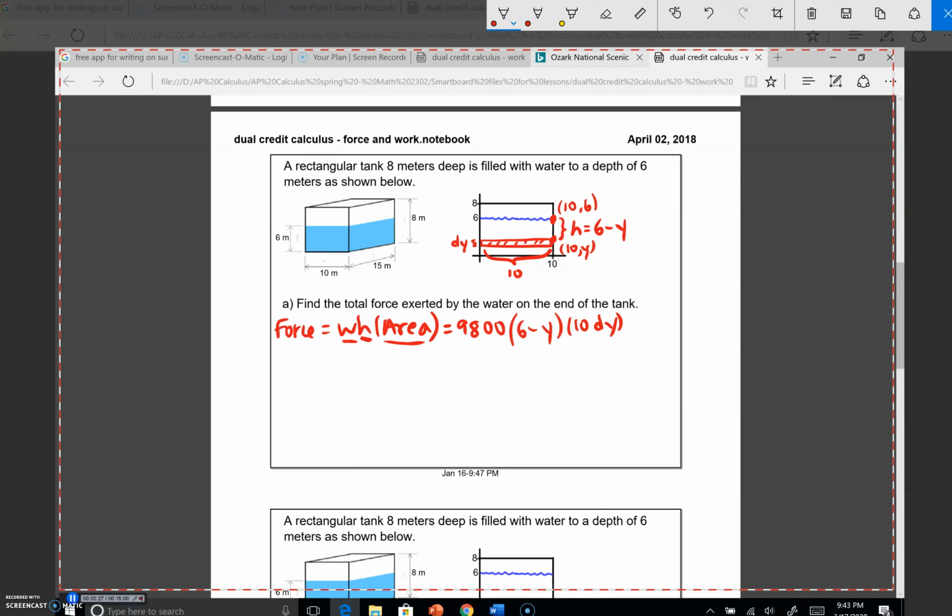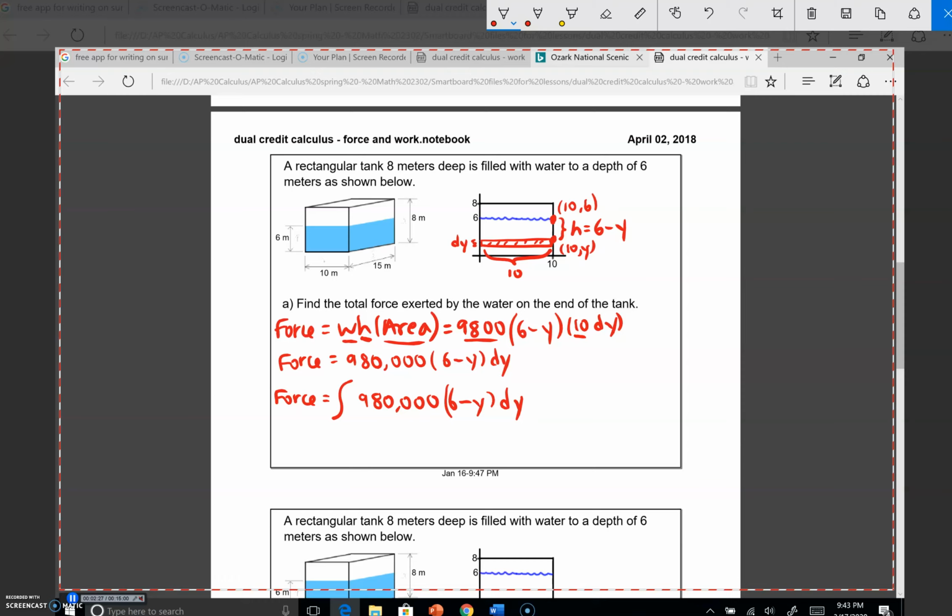So if I do just a little simplifying, not much, if I just multiply here the 9,800 times the 10, we're going to get 980,000 times (6 minus y) dy, which is the force exerted by the water on that one rectangular region. Okay, but what we want is total force, which means we need to add up infinitely many forces just like that. So we're going to integrate the 980,000 times (6 minus y) dy from, well, we have to find limits